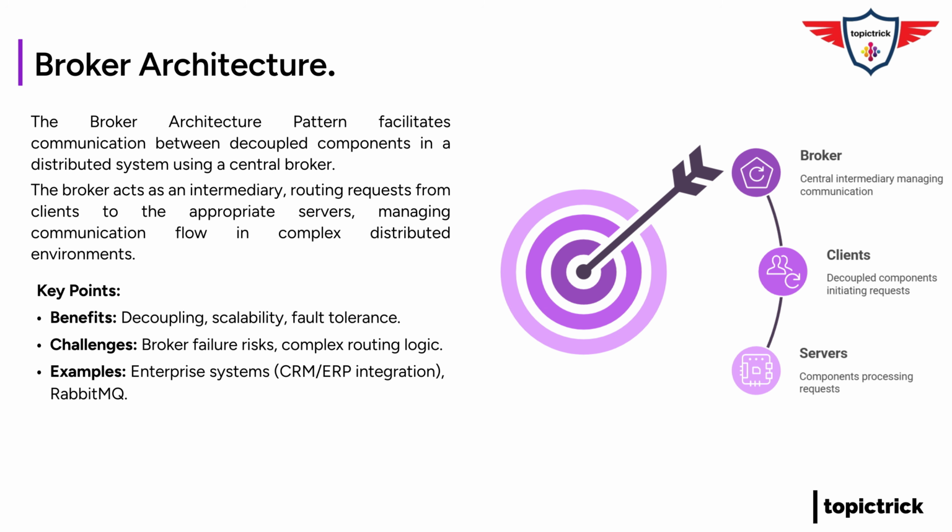Okay, so the broker's like the central hub, receiving requests from clients and then routing them to the right servers for processing. It's like a really sophisticated matchmaking service for software components. Exactly. This decoupling makes broker architecture very flexible and scalable. You can add or remove servers without disrupting the whole system. And the broker makes things more fault tolerant by redirecting requests if one server fails. Sounds pretty robust and